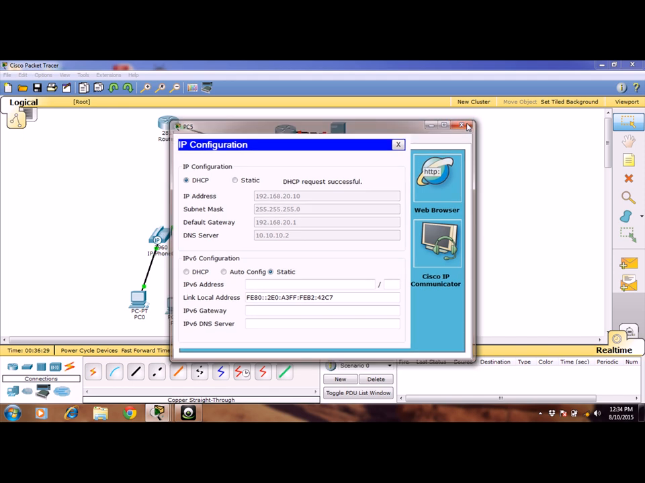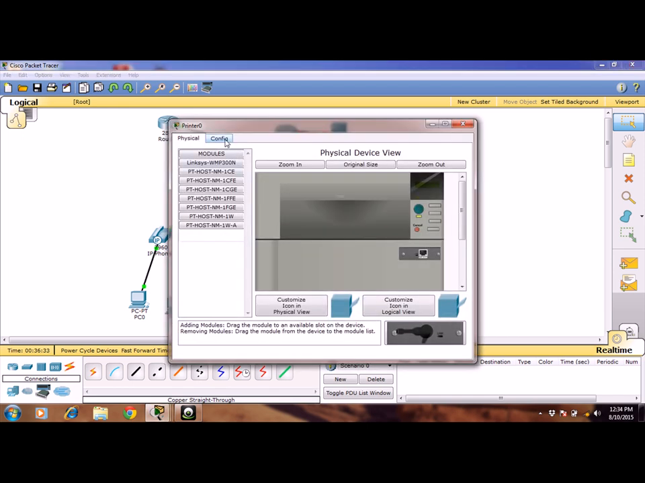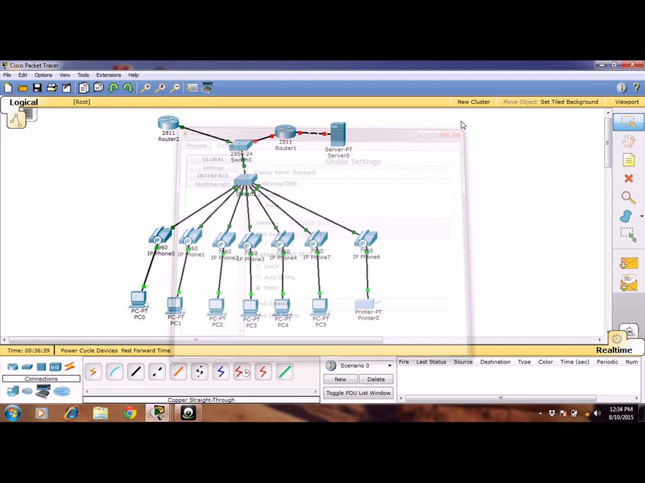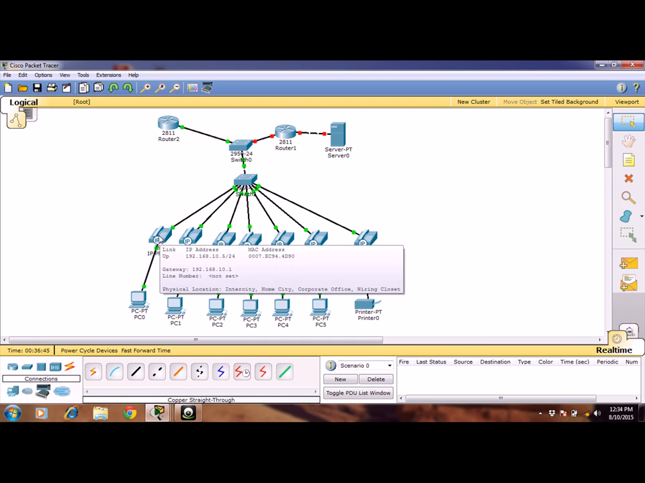Okay, so let's do the same thing with our printer as well. Let's go to config and use DHCP. Okay, nice. But our IP phones are not working yet, so we need to